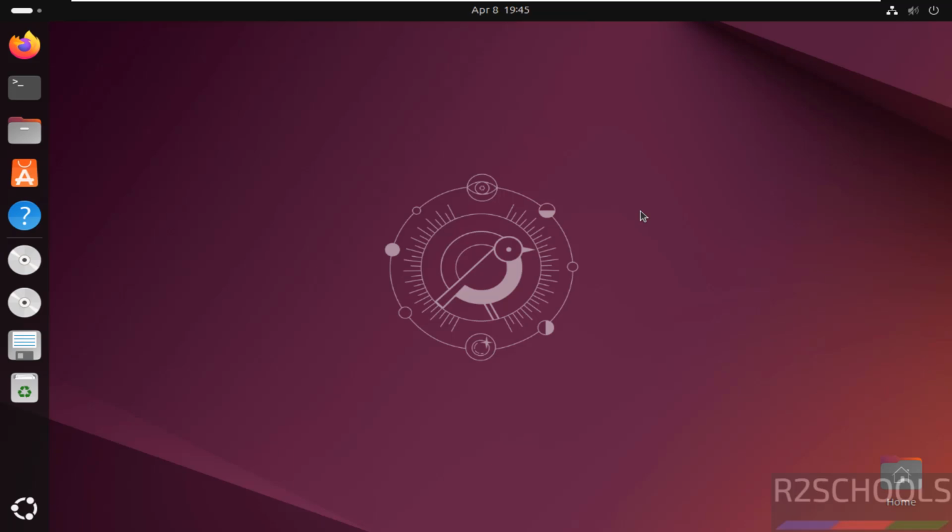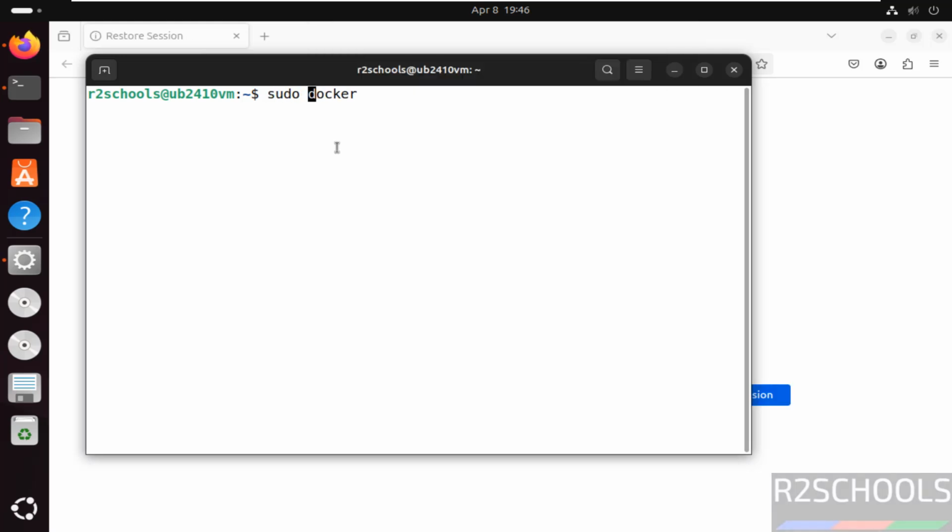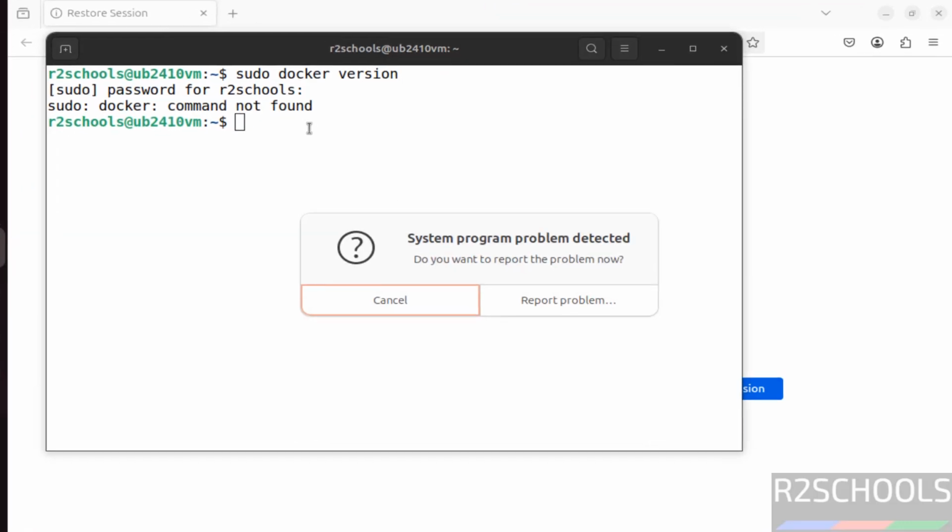Hello guys, in this video we will see how to install Docker Engine latest version on Ubuntu 24.10. First open any web browser, also open terminal, verify Docker is installed or not. Sudo docker version. See, we don't have Docker, so go to